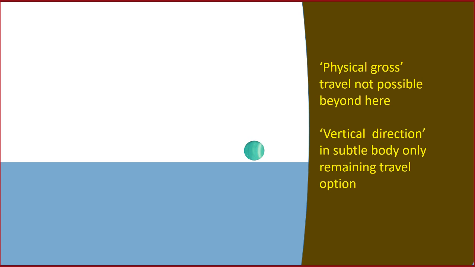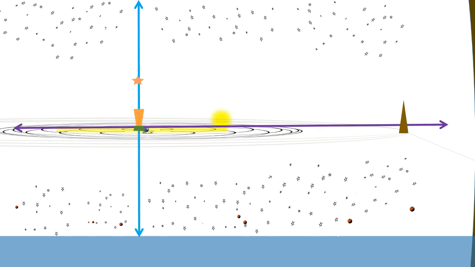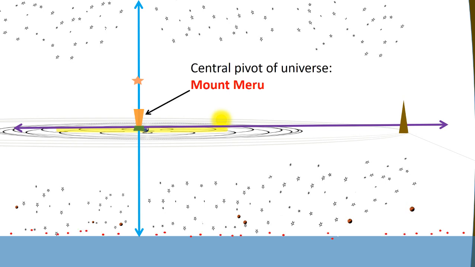Now, I'm tempted to place Neptune and Pluto around there somewhere too. They've got to be somewhere there. After all, Pluto is associated with the abode of Yamaraja, the courthouse amongst the hellish worlds. I'm giving the planets a vertical identity here based on ranking or type rather than physical distance from Earth along the horizontal axis. There's a huge difference, it seems, between the nature of the horizontal and the vertical axes of the Vedic universe. The center pivot of both is Mount Meru, the center of the physical and celestial universe. There it is.